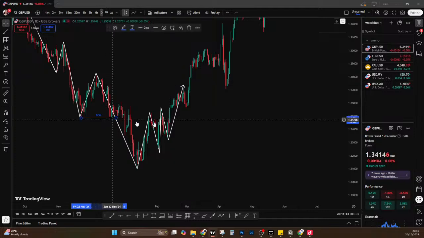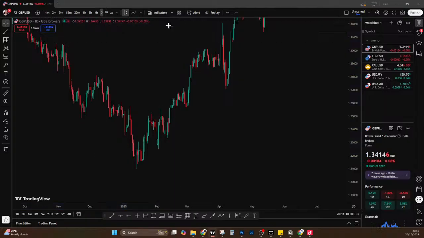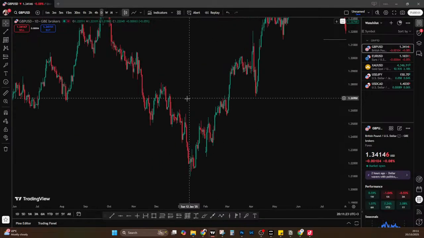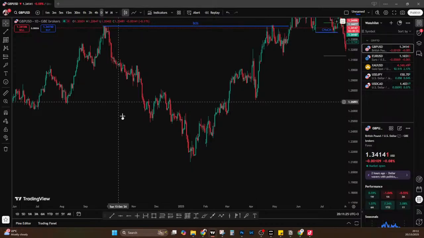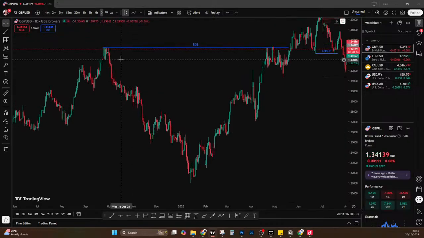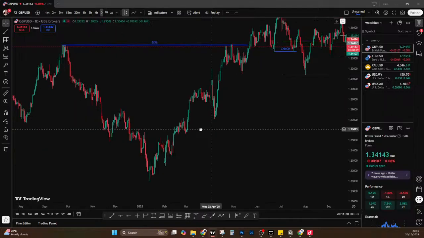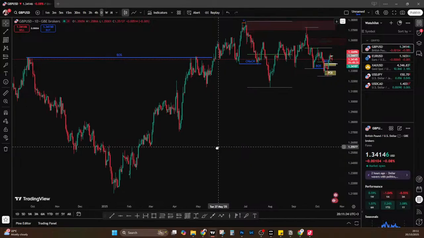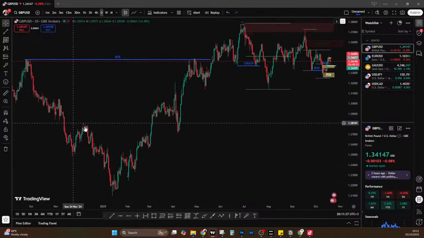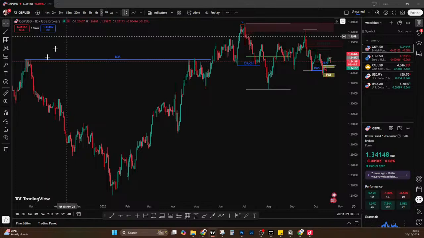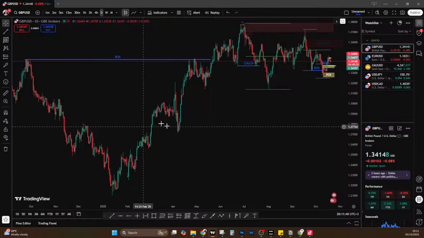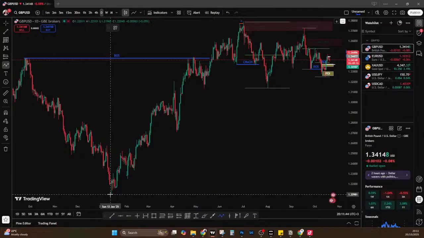So what really is order flow? Order flow is how the orders flow in the market. For example, in this small cut down trade here, okay, or let us just take this example. This is an up trade because it has broken, it has changed character here. So the market is doing a series of higher lows,